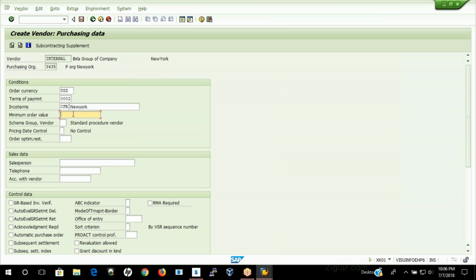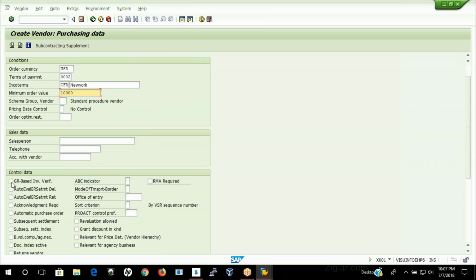And you have the minimum order value here. That means if the order value is minimum, something like 1,000 US dollars, or 10,000 US dollars, then only the vendor is going to accept the purchase orders here. And we have one more checkbox here, that is the goods receipt